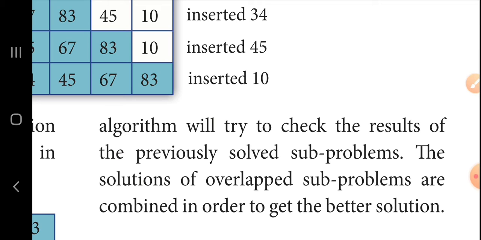So we need a dynamic programming approach when the solution of the problem depends on the solution of the previous one. Based on that previous solution we can find the solution of the next stage, like that. Depending on the previous solution only, we are able to find the solution of the current problem. For these situations we can use the dynamic programming concept.